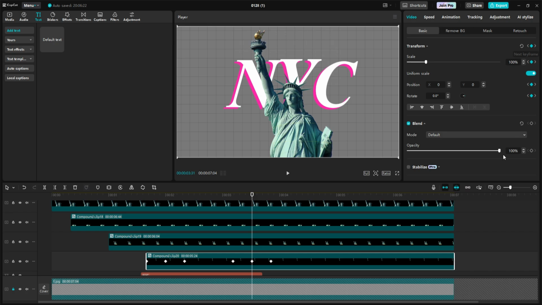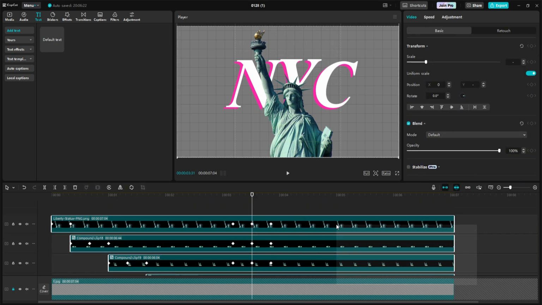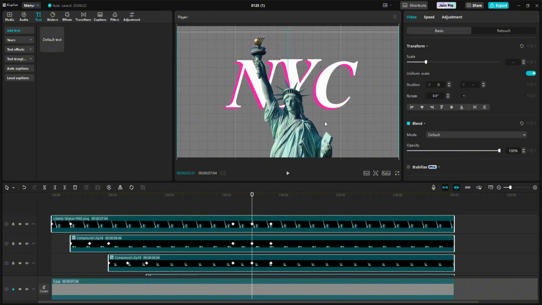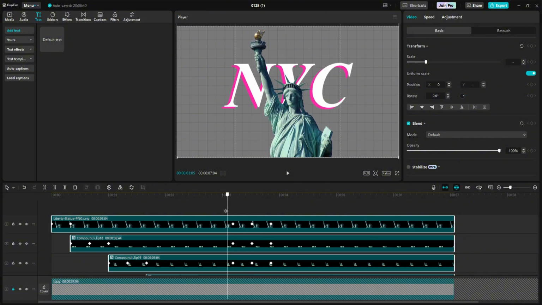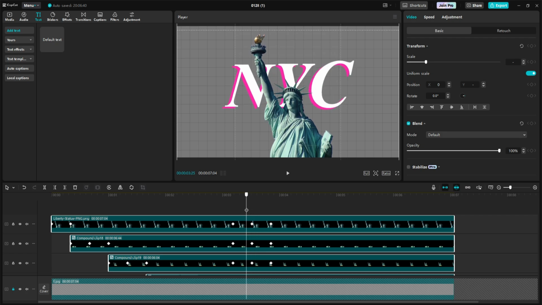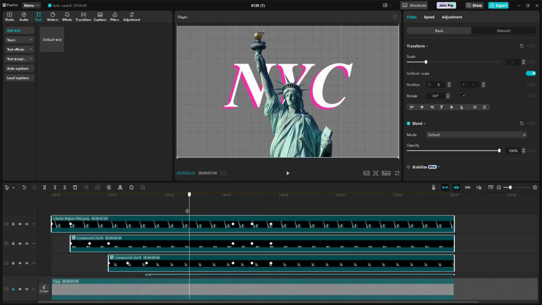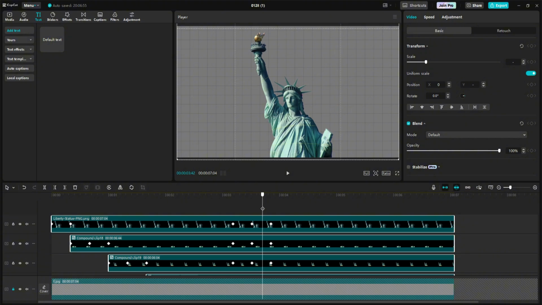Now let's position the playhead at the second keyframe. After that, select all the statue layers and adjust their position slightly down like this so you get this movement. It seems like we need to add one more keyframe with the same distance after the last keyframe.